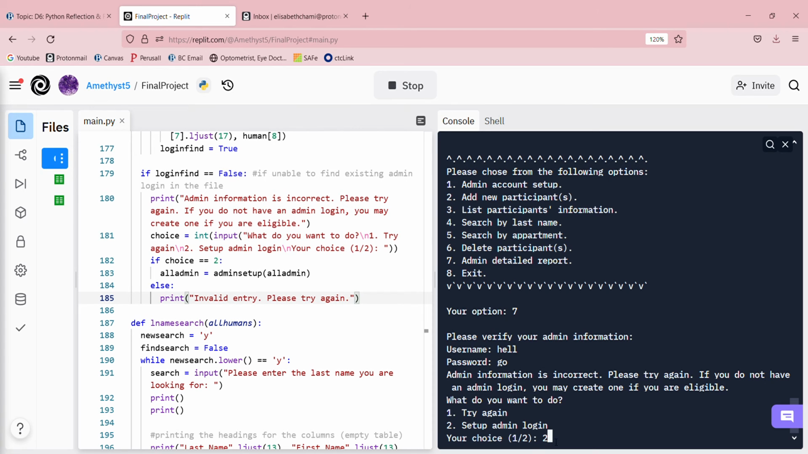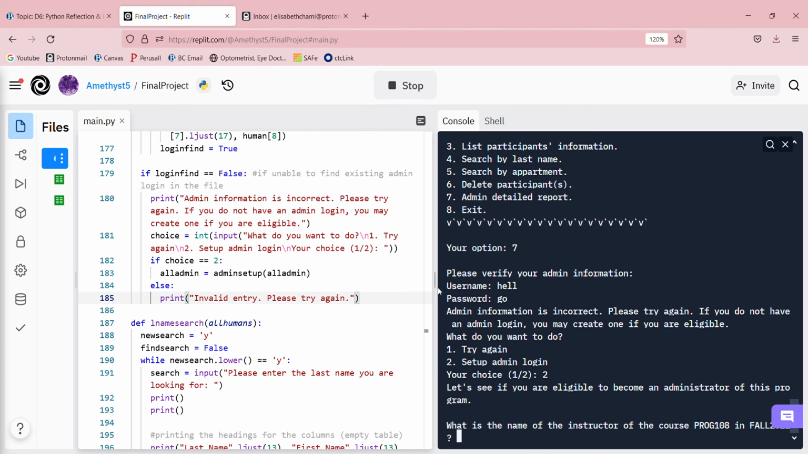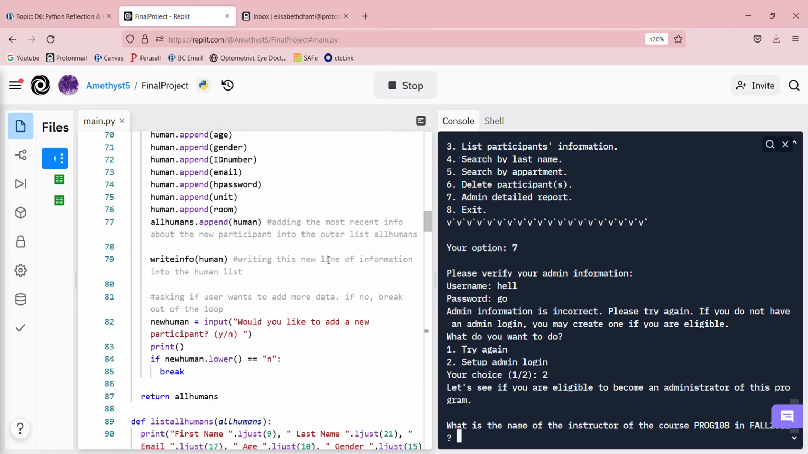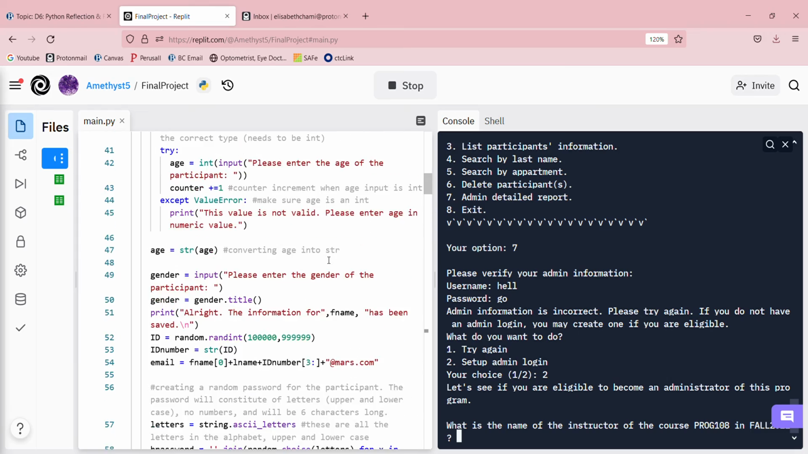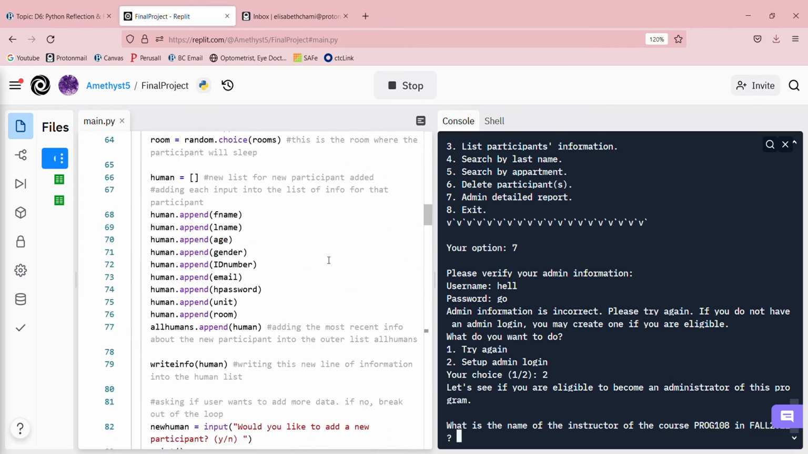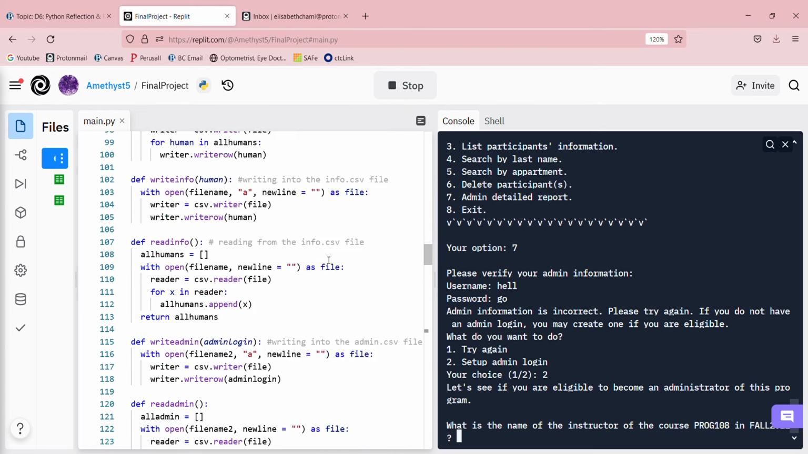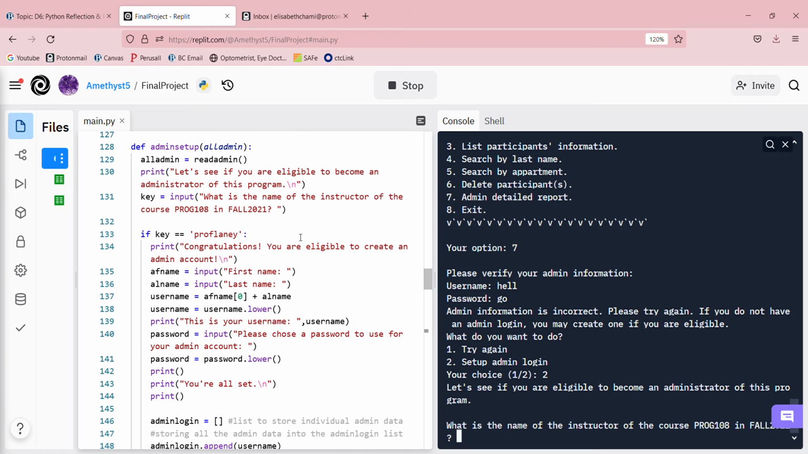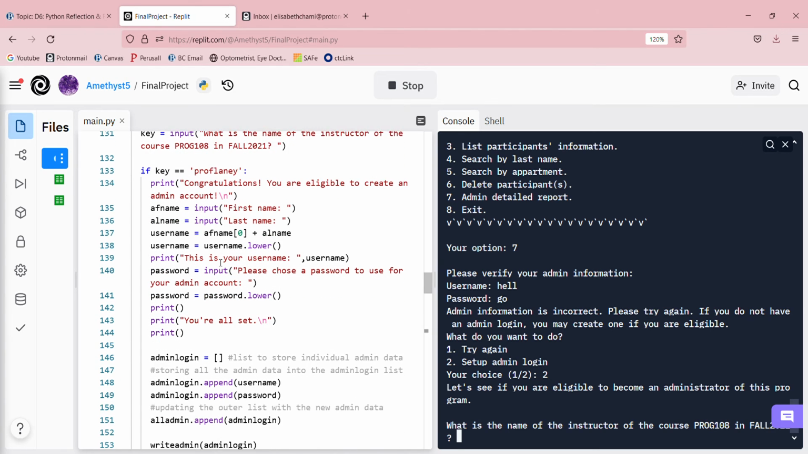So I click 2. So now it's gonna take me all the way to admin. Okay, I lost my functions here. So many functions. Okay, it's that one. So it just asks for, you're probably gonna say that I could have just done this from the very beginning. But this